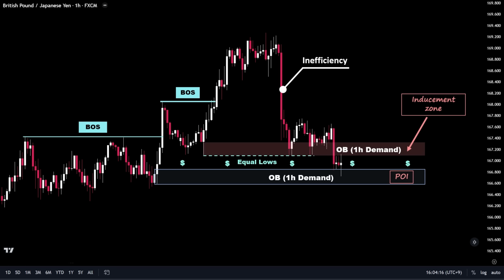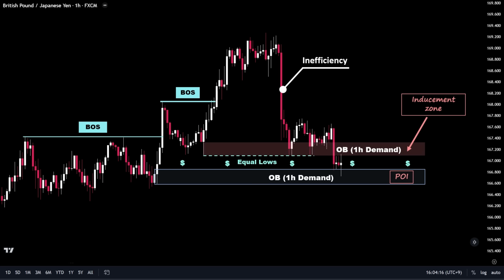Now we can see that price has successfully swept the liquidity pool below the equal lows and inducement area, and also has now reached our point of interest. This confirms the desired confluence we were seeking in our analysis. Based on this confluence and our analysis of the market, we can now consider entering a position. In the next step, let's zoom in on the 5-minute time frame to gain a clearer view of the price